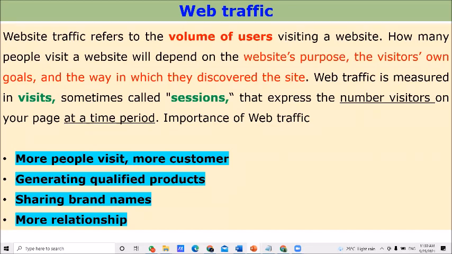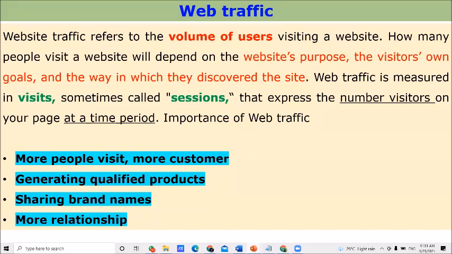Remember these words here. The last part again explains the number of visitors in a time period. It is measured normally by organizations per week, per month. In that way, they are counting the number of visitors.